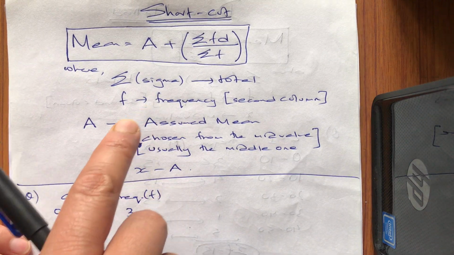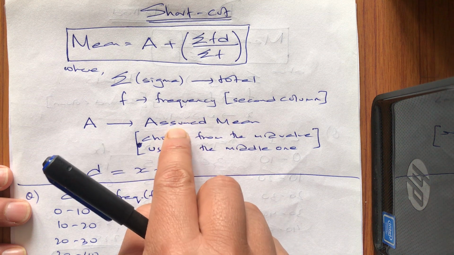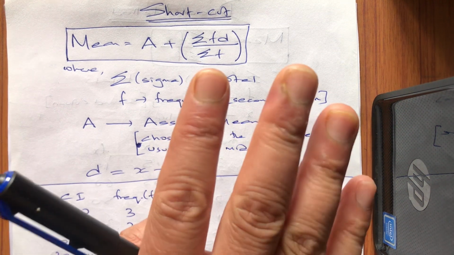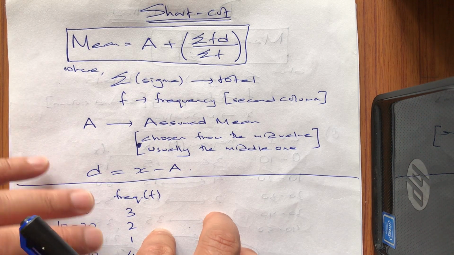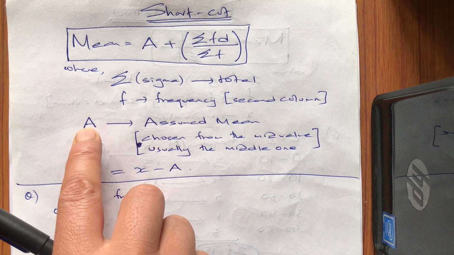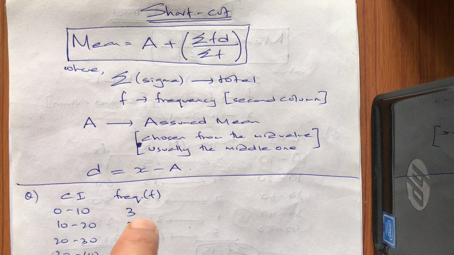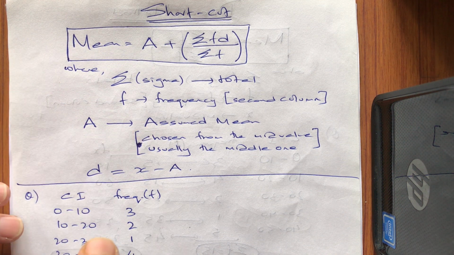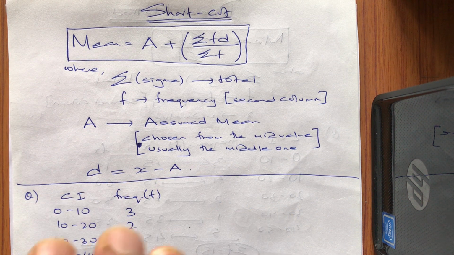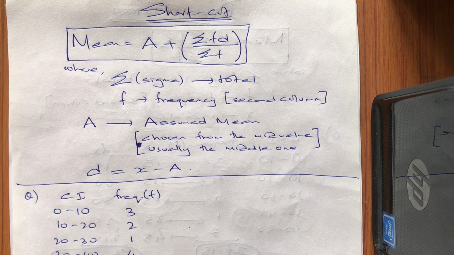So then the new thing over here is something called A. Now what is A? A is called your assumed mean. What the assumed mean is will come when we give you an example of how to solve the sums. But one important thing is that the assumed mean that we take as A is always chosen from mid values. That means we don't randomly take any value to be A or assumed mean. We have to choose wisely. And where do we choose from? Once we get the mid values in your question,